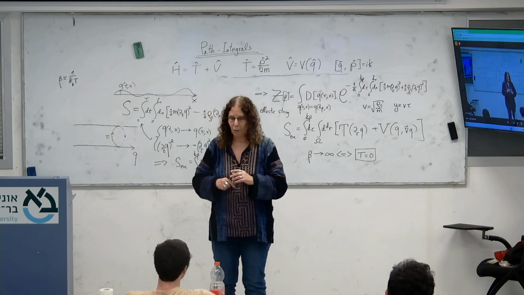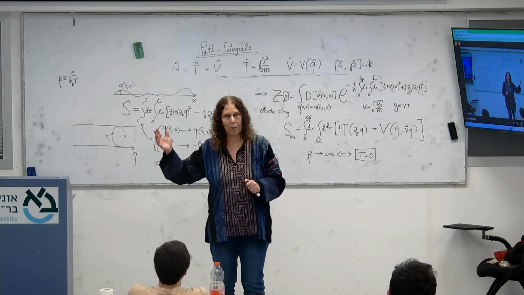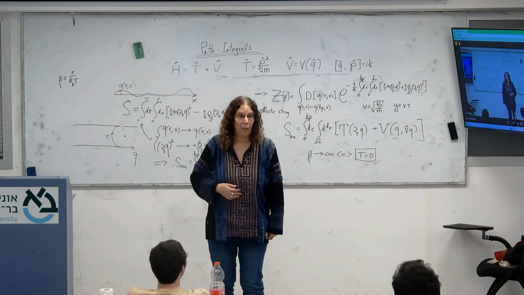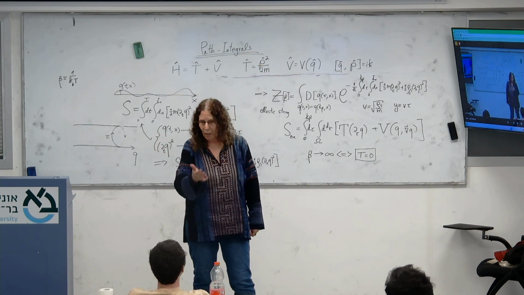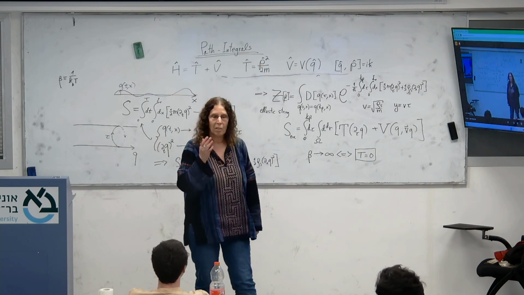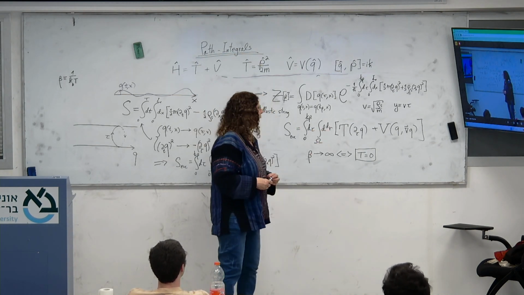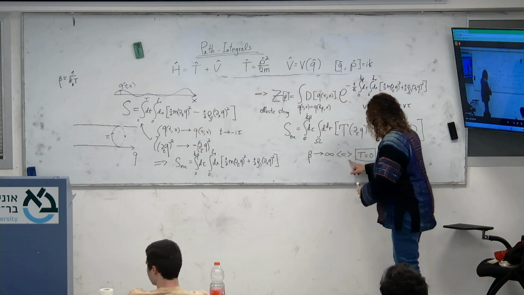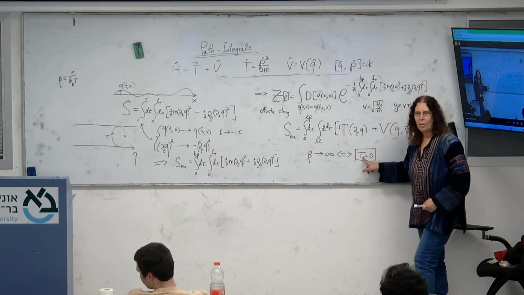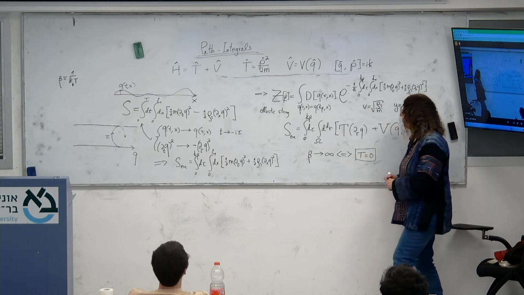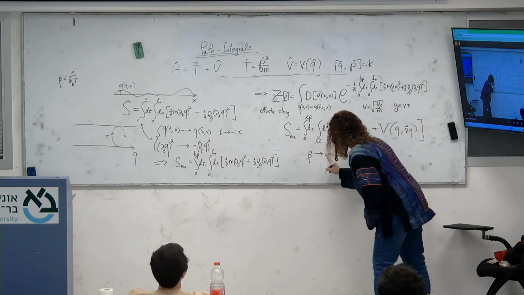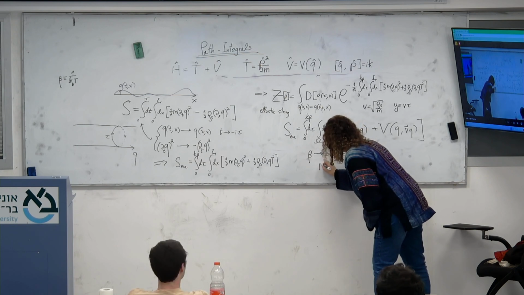Okay, so that's the high temperature limit. And that gives you a statistical mechanics of a system in little d dimensions. But if I go to the zero temperature limit, which is like beta going to infinity, I can introduce